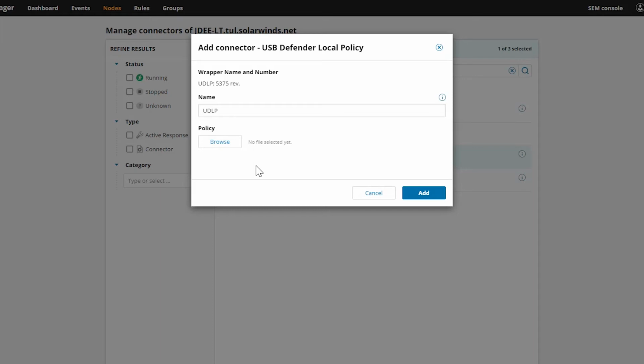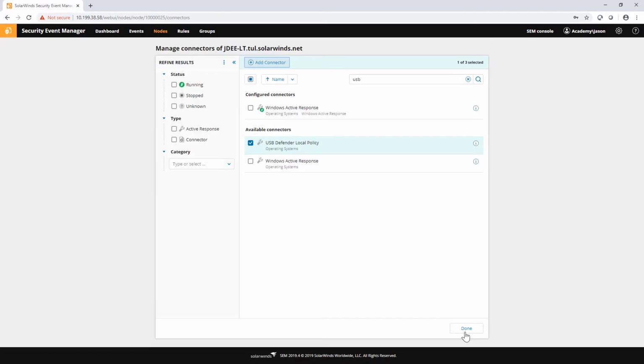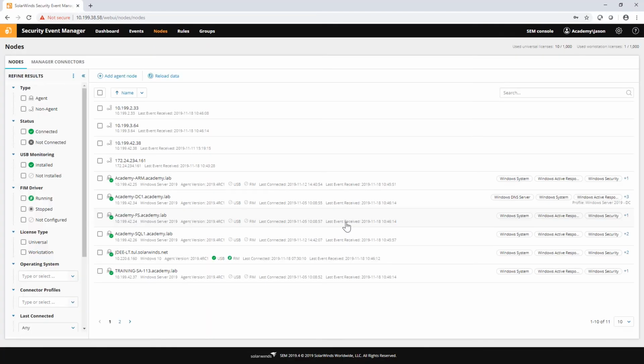So if it's ever offline and someone takes a laptop home for the weekend, the policy will still be in place. It will still have a list of devices or a list of identifiers to compare the attached device with, and then decide if it wants to fire the rule or not. Okay, so a nice little backup option for you should you desire that.